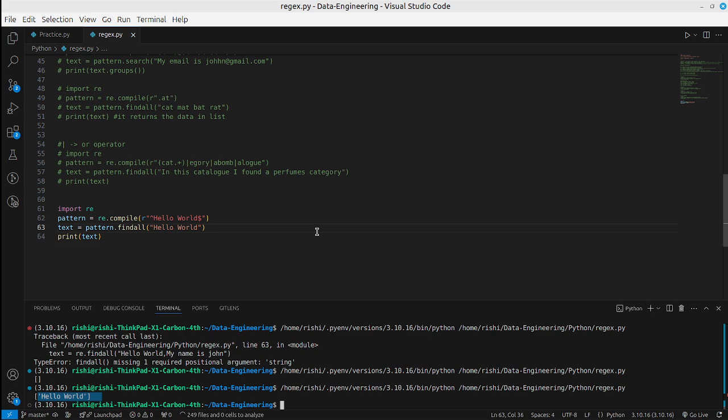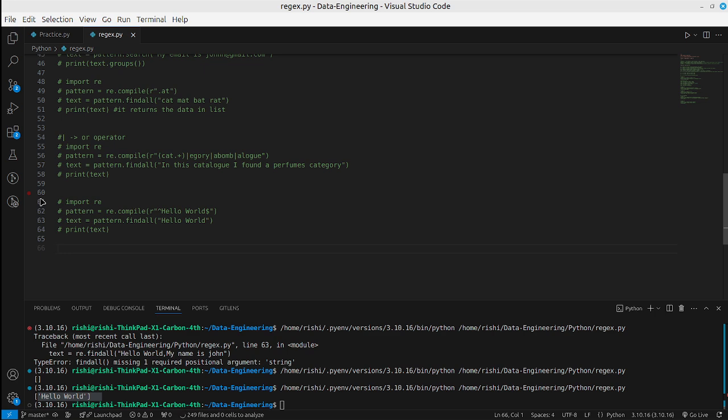So whenever you want to describe the starting and ending of a string, you can use the cap and dollar symbols. Cap is for starting, dollar is for ending. Okay. And now, next we have,